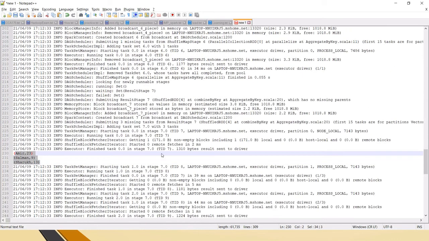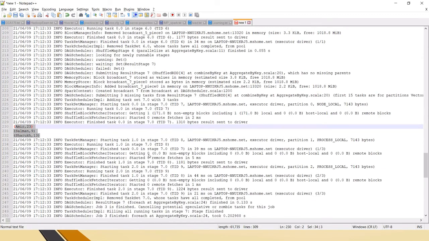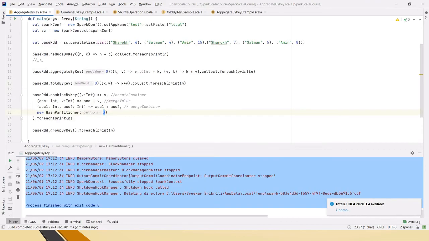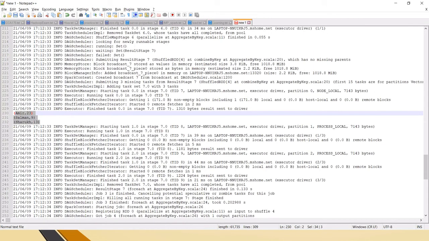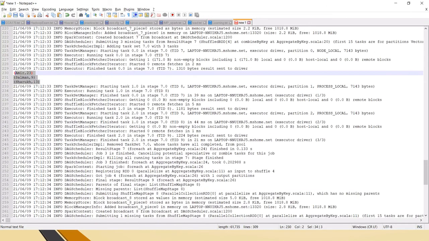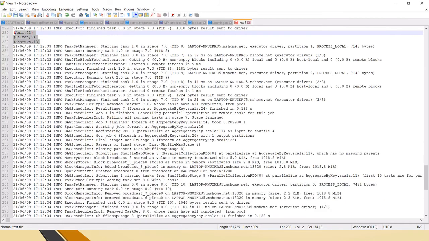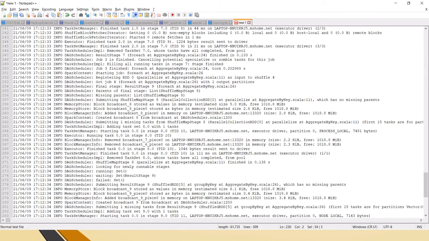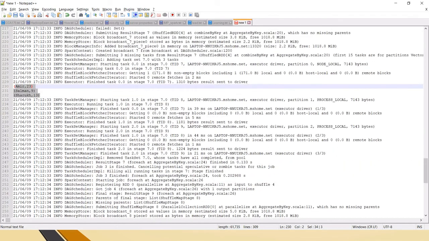Then here this might be the combineByKey. Why? Because here I am giving 3 partitions, right? So it will not have a direct answer like this is because of this, but it will distribute the output across the partitions. So we need to search for where exactly the job is ending.